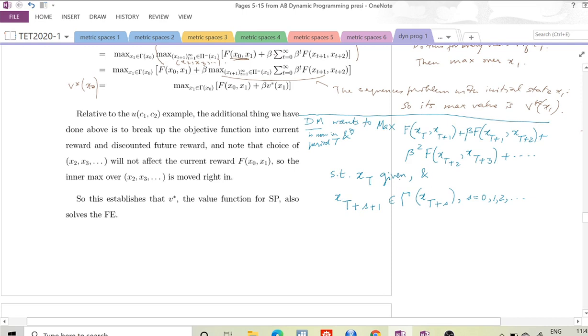So suppose this is the problem, this is the problem at time capital T, right? So what is the claim that we used above? The claim was the max equals V star of x capital T, okay? Where the value function V star is defined by